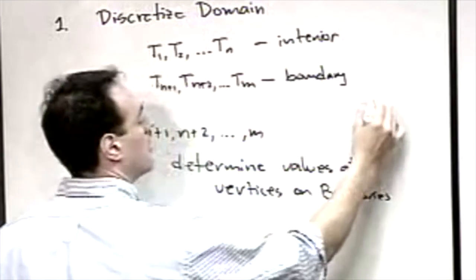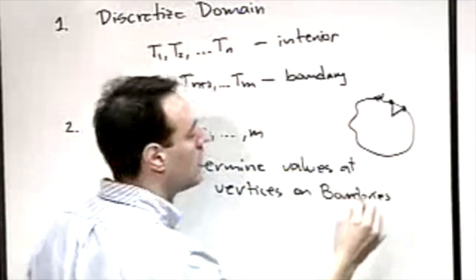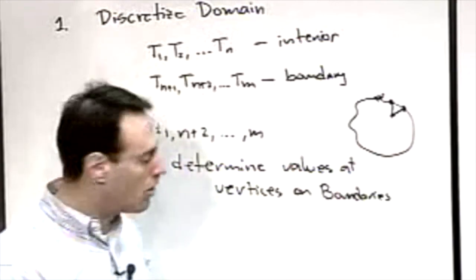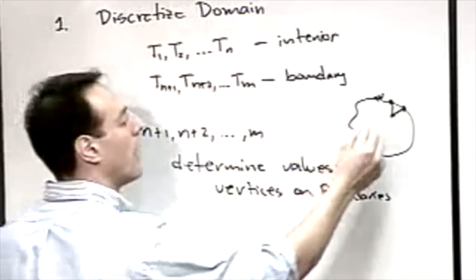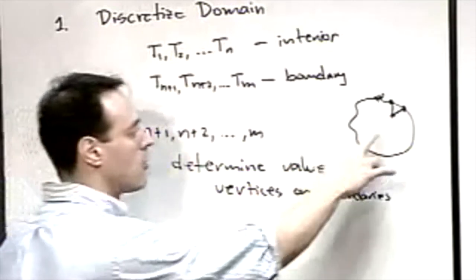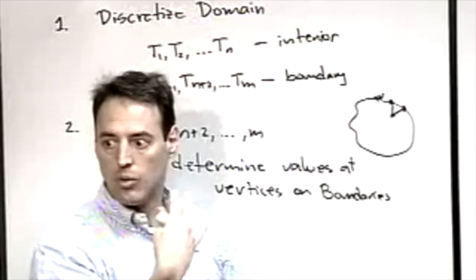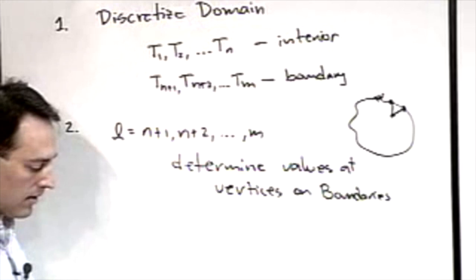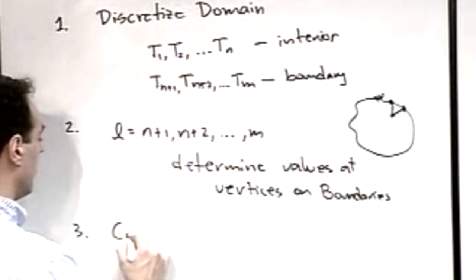In other words, if I have my domain, and here's my triangle approximating this, this triangle has 3 pieces. 2 of them touch the boundary. So what I have to do is, for every triangle that has something that touches the boundary, go figure out for these 2 pieces, I know I have to impose certain conditions on them. The third one is interior. So you have to separate which vertices touch the boundaries, and determine the values they're supposed to be. Now, once you do that, then you can compute